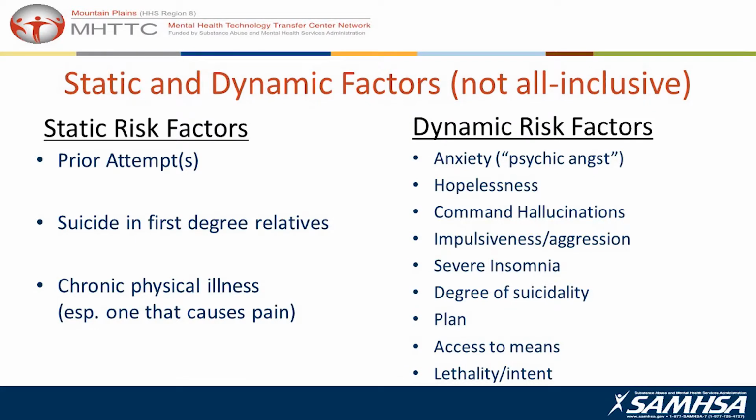So impulsiveness and aggression is a risk factor, and particularly so in kids, people who are using drugs, et cetera. Severe insomnia. This is an interesting one. If I'm talking with somebody about significant risk, I'm going to ask them about their sleep, because we know that people who have significant sleep problems can be at a higher risk for suicide. The majority of people who have insomnia, like students, aren't at risk for suicide, but it is an added factor that's important to at least ask about.